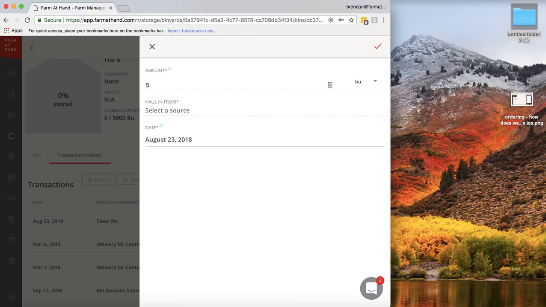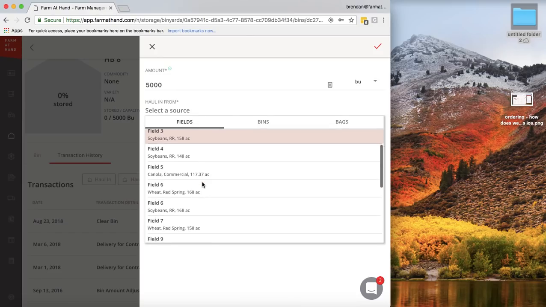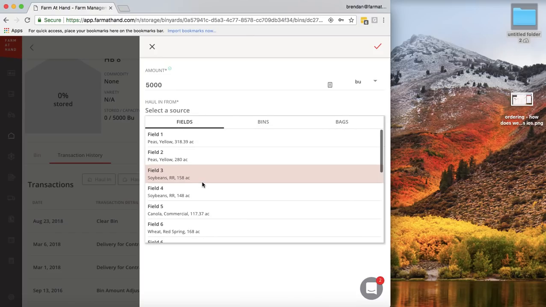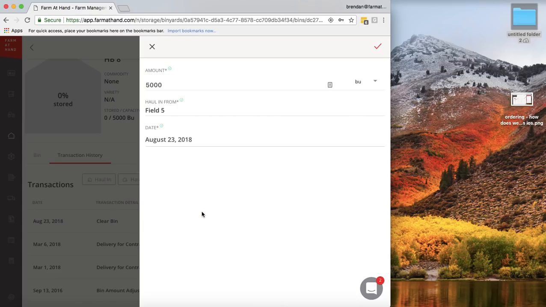So for example, I'm going to haul in 5,000 bushels. I'm going to select a source. So we'll list all your fields here. If your bin already does have a commodity in it, we will shrink your selection to only show fields or other bins that have the same commodity, to help you avoid mixing up commodities going into the same bin. So for demonstration purposes, I'll say that we're hauling in from field 5 and we're hauling in 5,000 bushels